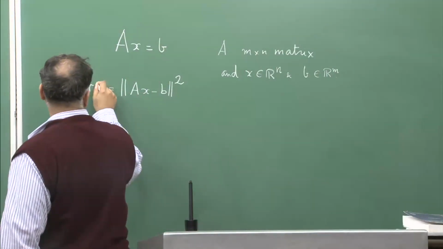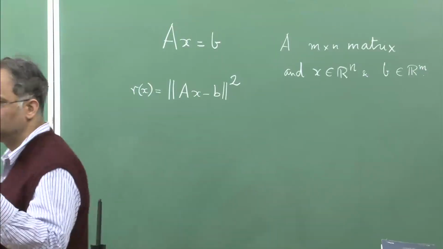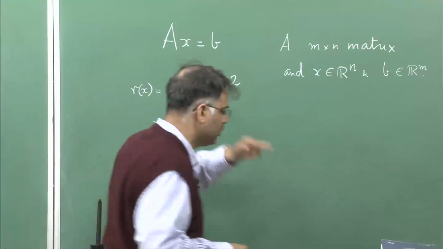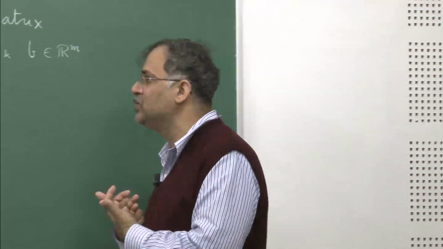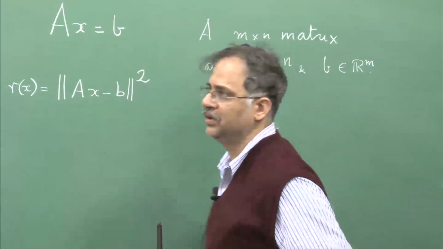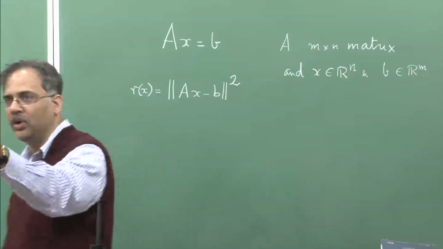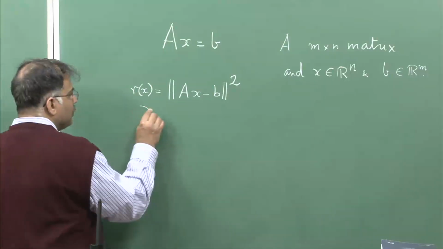So, if I take any x in Rn and multiply it with A, then if Ax is not equal to B, if it is not the solution, then Ax minus B is a non-zero vector, and then the norm of that would be non-zero. So, if x is not a solution,